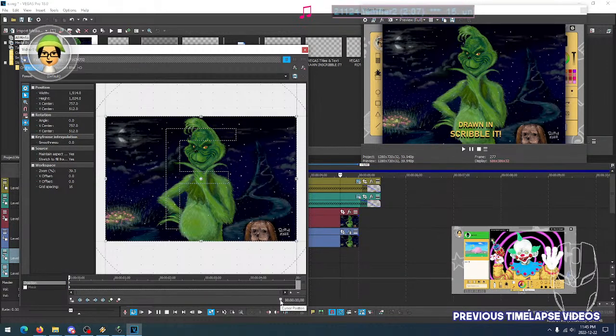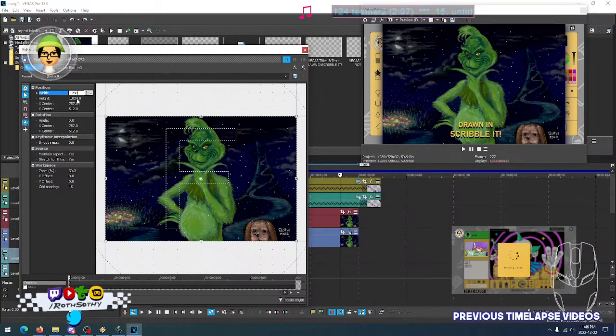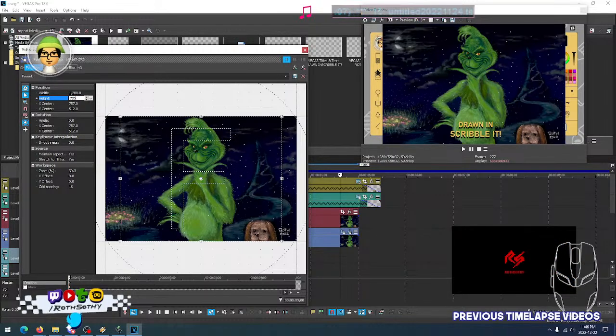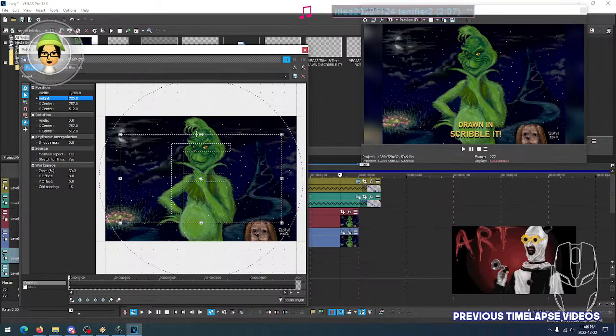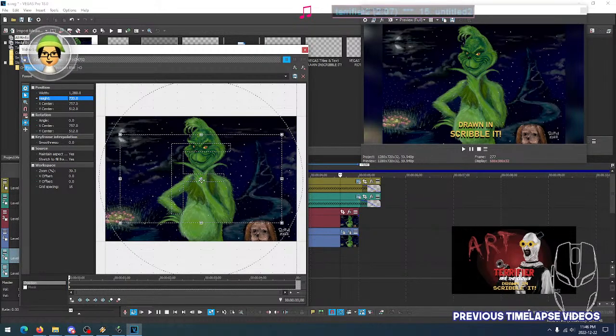And there are other options here too. You can find out the cursor position, so you can pin down exactly where you want the cursor to be, or just find more information on that. Let's see what else. Keyframes, I do make use of keyframes. So if I want to resize it, which I'm going to, let me find the right resolution for this. So yeah, there is the 720 resolution, and notice how the circle is at the center,